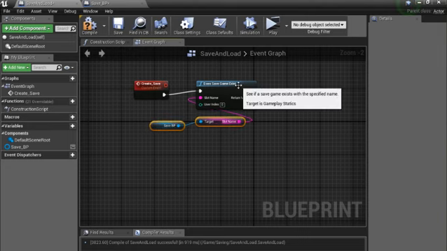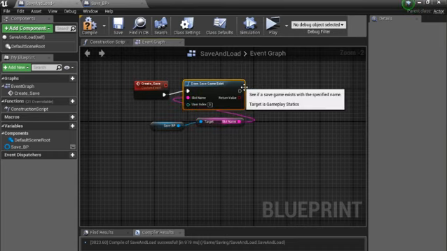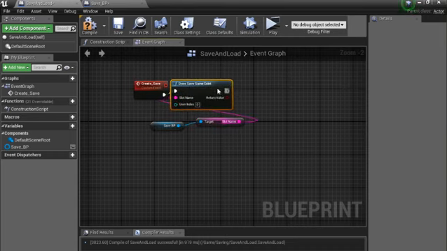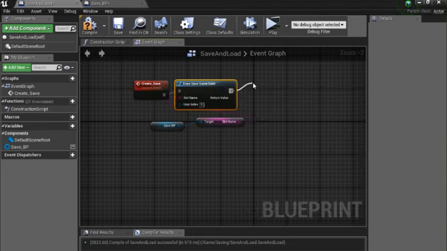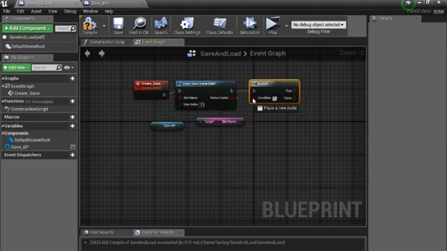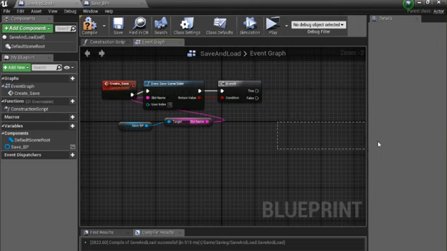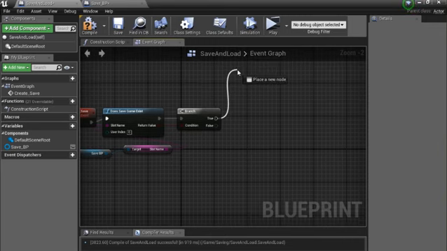Let's see, yeah. So if you do that, the engine will check first, does a save game already exist? And then you can add here a branch and connect it with the boolean. So if this is true, then we maybe do an event that asks the player, do you want to overwrite the existing save file? I will do that later on. If not, we want to create a